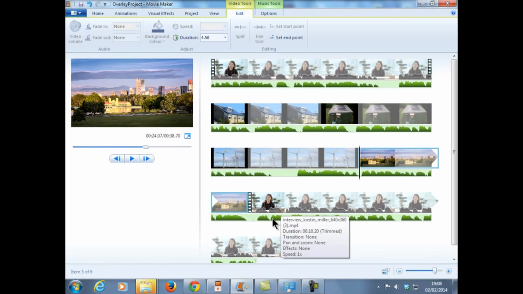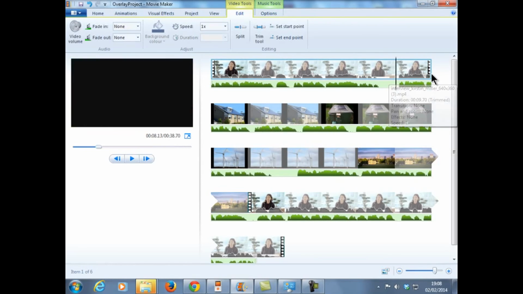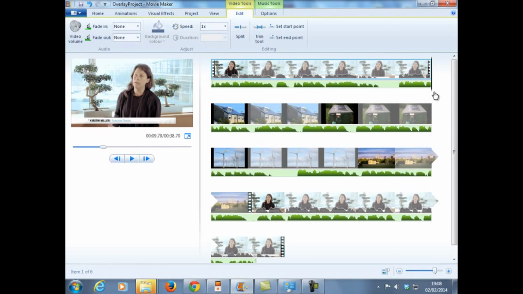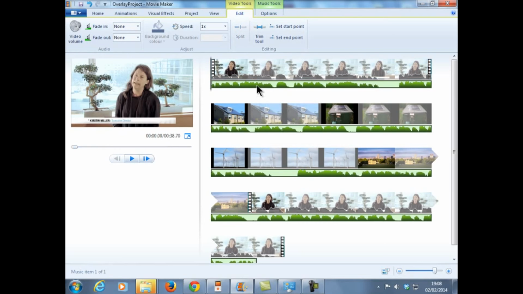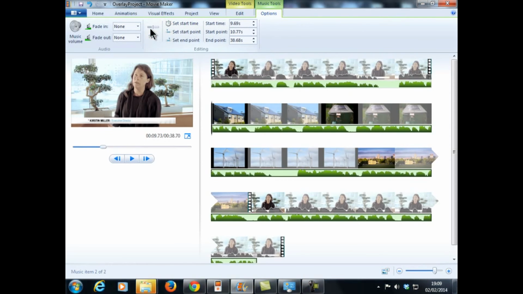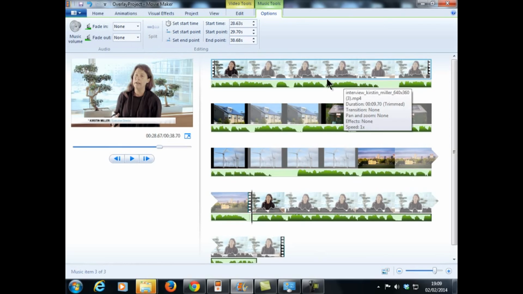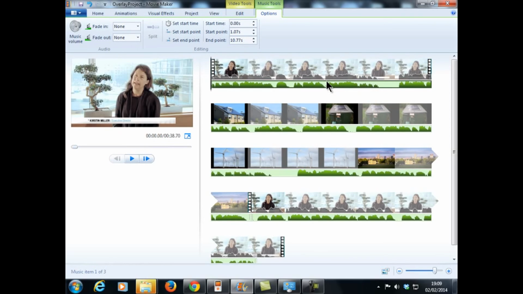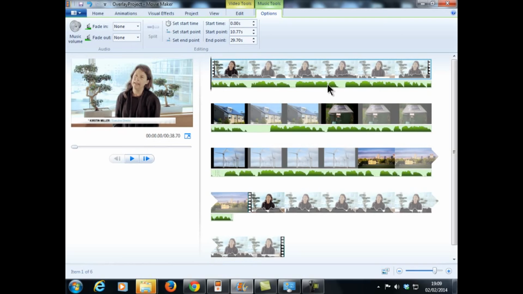So I'm just dragging it to where I want it. And there was a little bit of an echo from having the 2 clips in there. So all I'm going to do is split my soundtrack clip over 2 points. So I'm going to split it where it comes in and out, and then I am going to